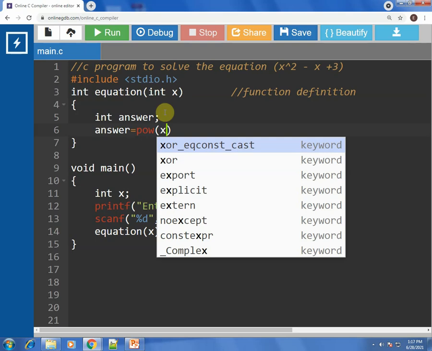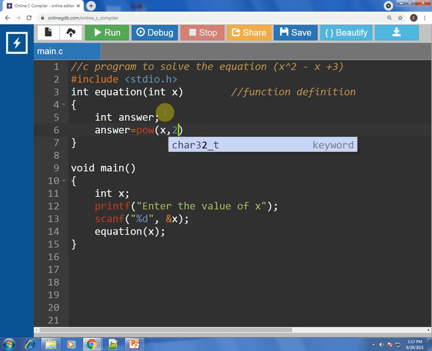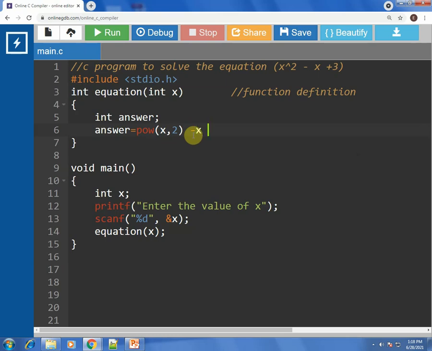We have to write the base and the exponent, so x raised to 2. This is how we write base and exponent, and this means x square. The next part in the equation is minus x. The next is the constant 3, ended with a semicolon. So I'm writing this equation.